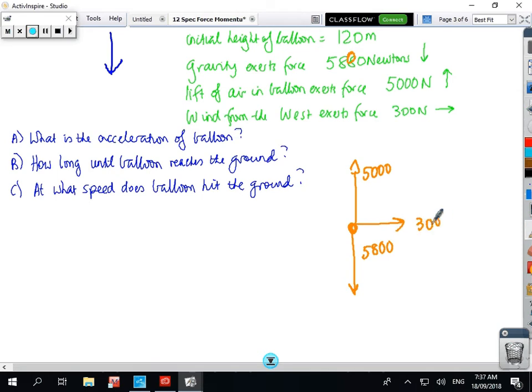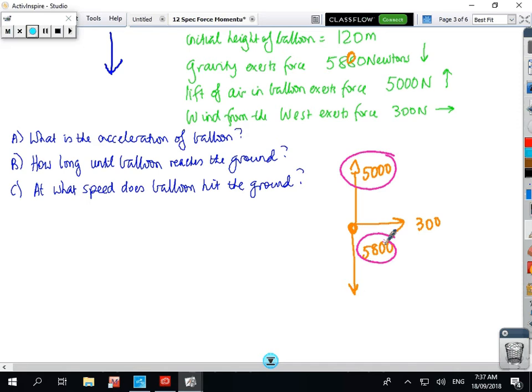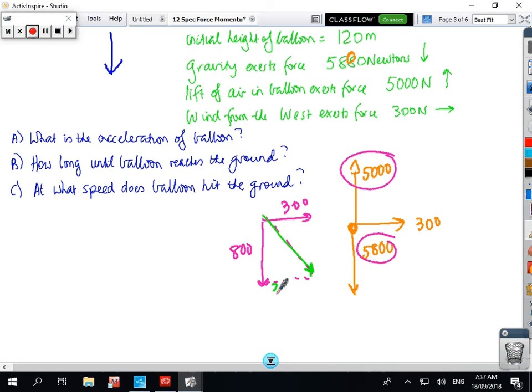So we have to look at how these vectors are adding together. This 5,000 is going to cancel out 5,800, and we're going to be left with just an 800 down and a 300 sideways. So we just add the two vectors together, so the resultant vector is going to be this way. Then we'll put 300 there,